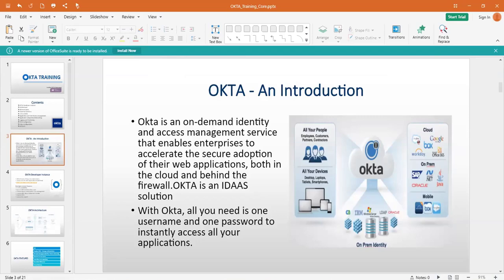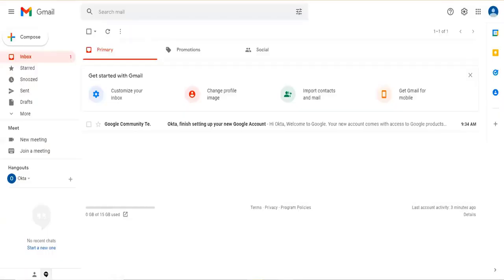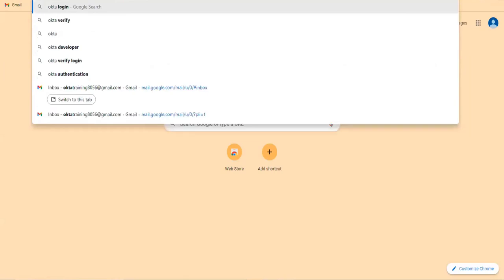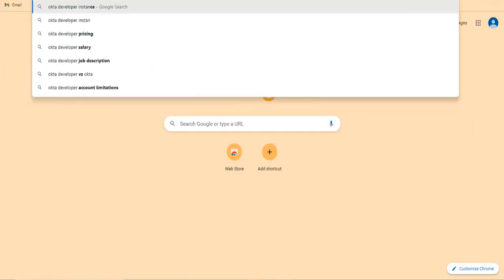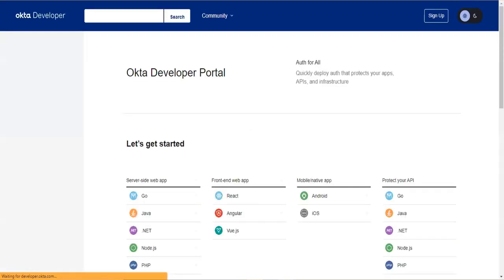Okay, now let's start with creating a free developer instance for Okta. So this is the URL that you need to access.